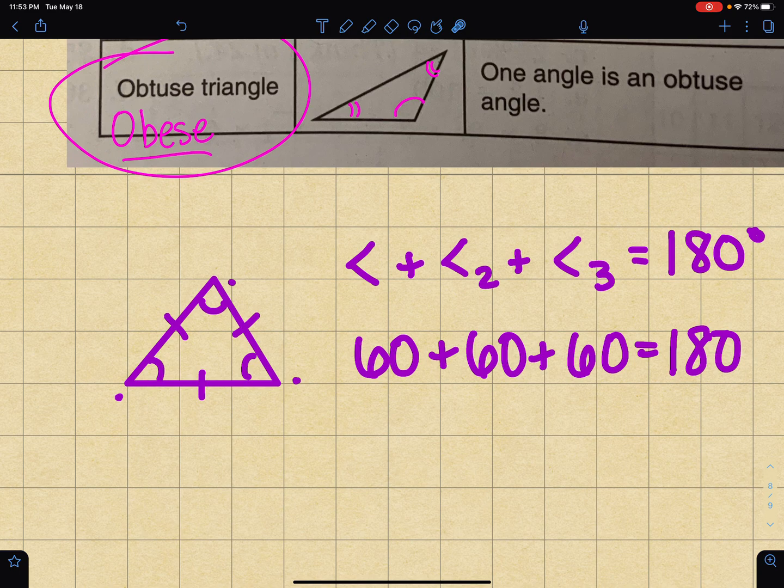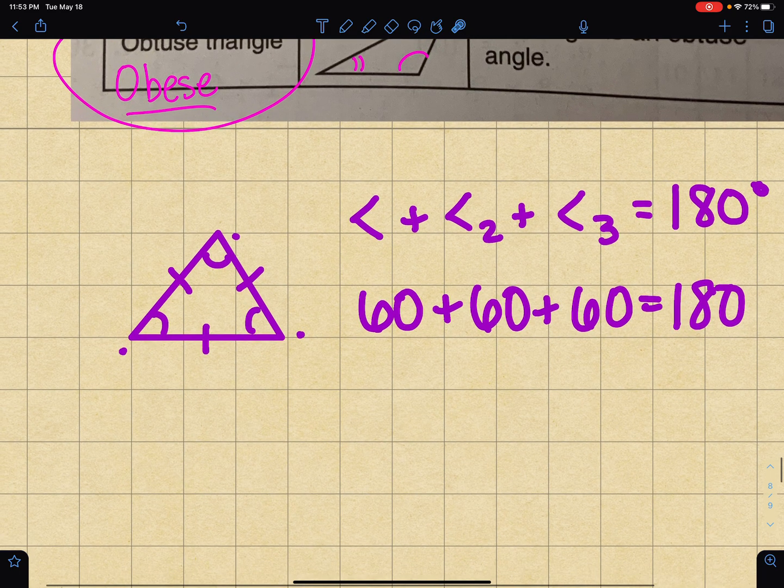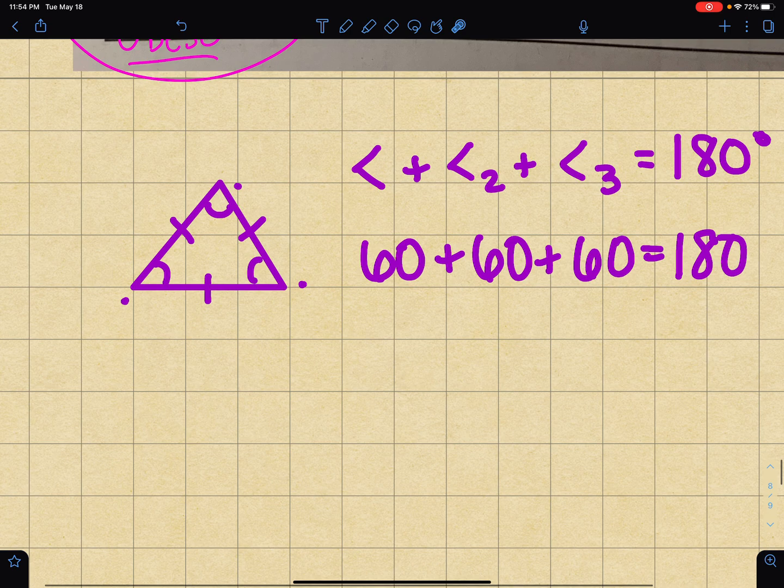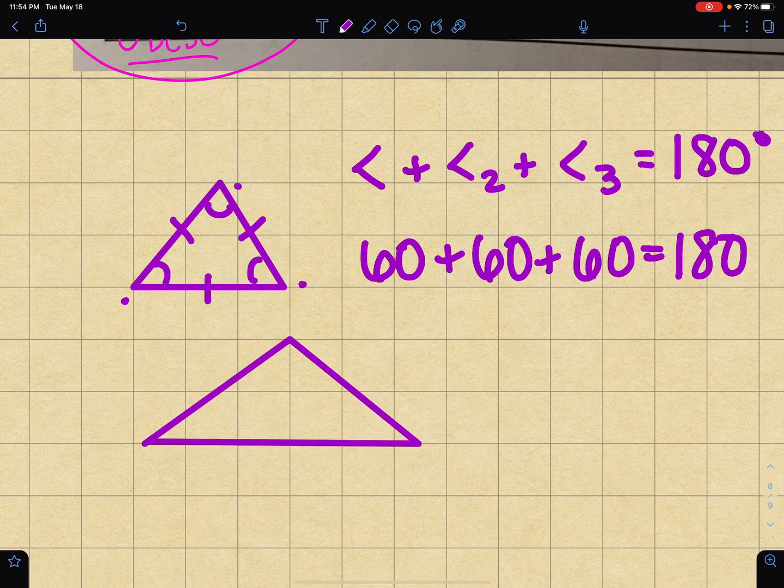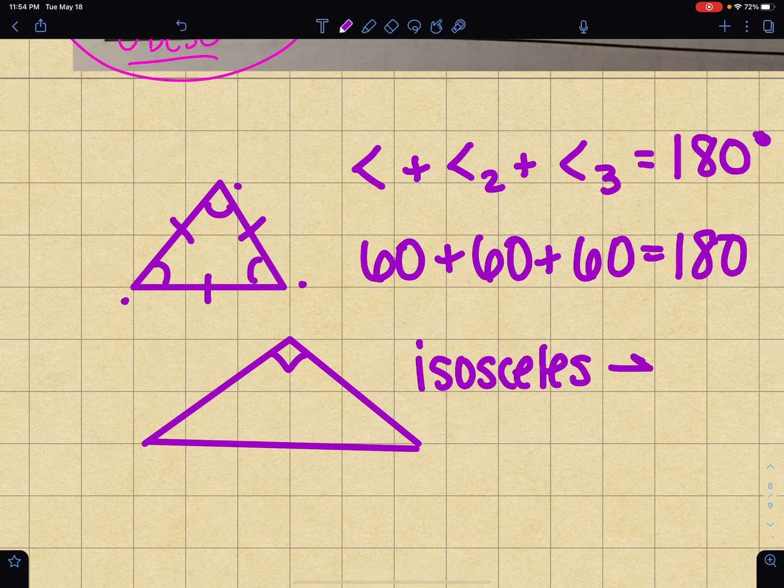Now, what about an isosceles triangle? Remember an isosceles triangle? It looks like the top of a house. Like you've got this, and you've got this side. Now, when we're talking about angles, this could be 90 degrees, and so an isosceles triangle could be a right triangle. I'll just put right triangle, okay? But it could also be